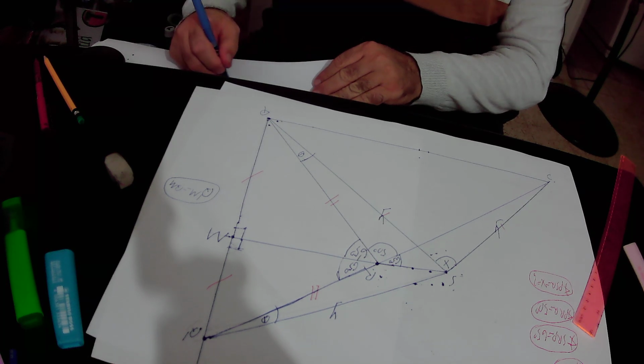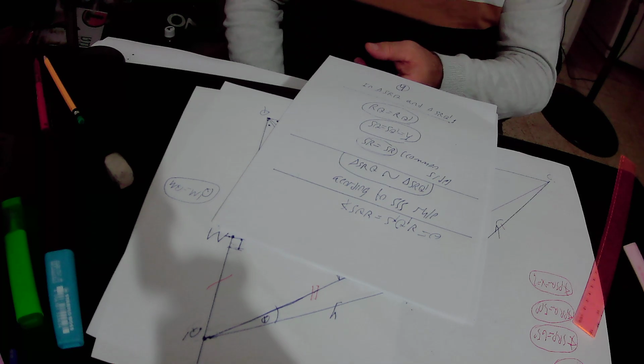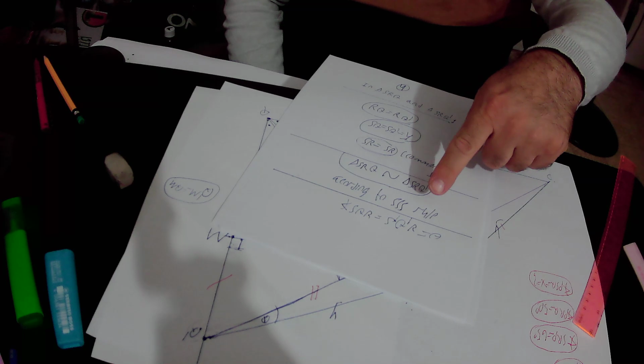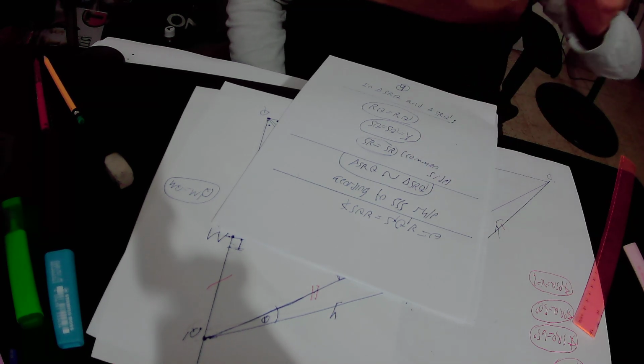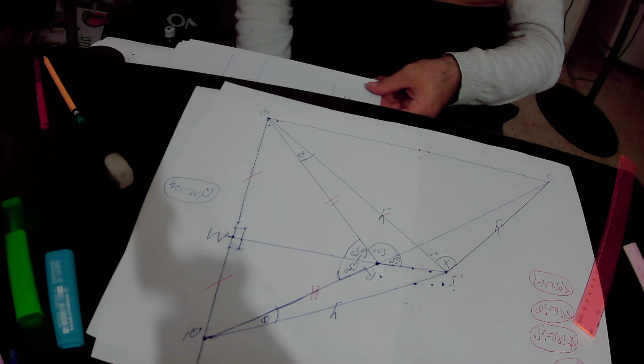So we got that angle SRQ equals angle SQR, which is equal to angle SQ dash R, and both those angles are equal to theta according to our definition. So in the next step